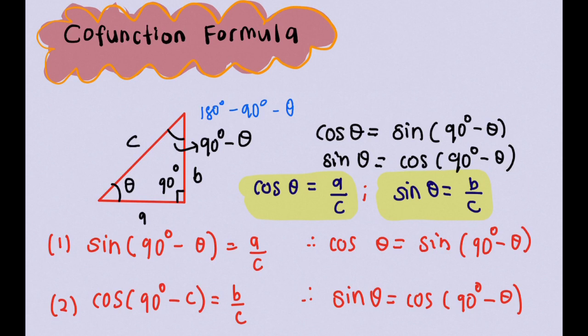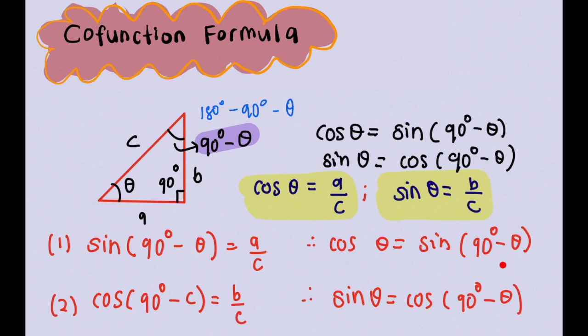So let's read cos from here. Cos theta is adjacent over hypotenuse, A over C. And sine theta is opposite over hypotenuse, B over C. However, we can relate this with another angle, 90 degree minus theta. So let's see here. Sine of 90 degree minus theta is equal to opposite over hypotenuse, which is A over C. So do you realize that this value is the same? Therefore, we can conclude that this value here is also the same,